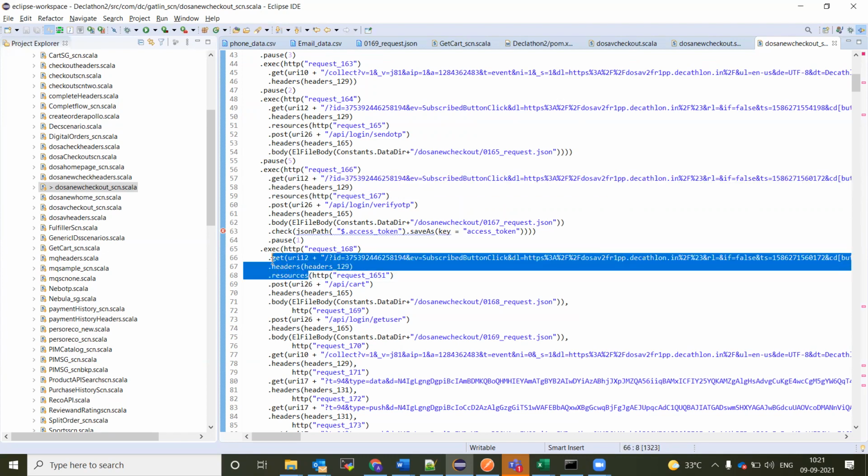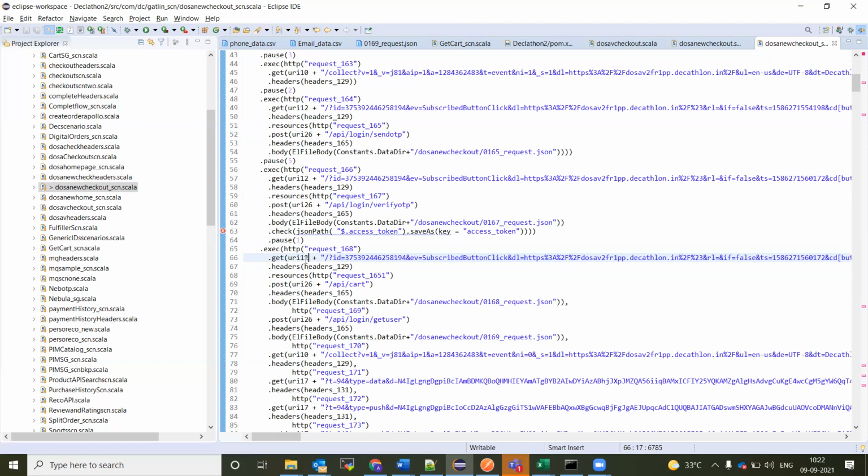Why? Because I have broken these resources. I am checking something and passing it, and again this chain should be created, so I just copied these things. It can be any URL or any headers or any resources, but it should be a proper one. It will not impact the scenario. It can even be just a get URL / with empty headers, or you don't even have to have headers and resources. You can have just an HTTP and request name. That should also be fine. But I just copied it for my convenience and proceeded further.